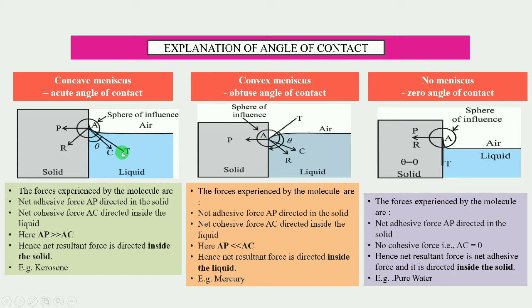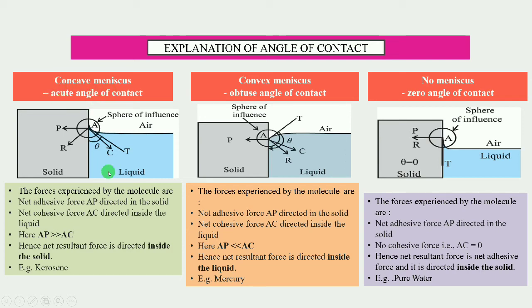Considering this AT as a tangent, we will draw the shape of the meniscus. So actually we are getting a concave meniscus. If you consider the angle of contact at the point of contact, that is at the molecule A, it will be the angle between the tangent on the meniscus or on the free surface of the liquid and the solid surface, that is, the angle from AT to the solid surface within the liquid. So this theta is nothing but the angle of contact. So this angle of contact for a concave meniscus we are getting as acute, that is, less than 90 degrees. So for the liquid which partially wets the solid, the shape of the meniscus is concave and the angle of contact will be acute.